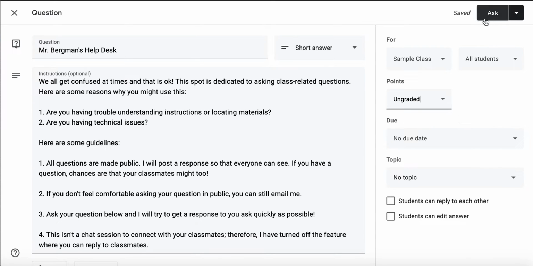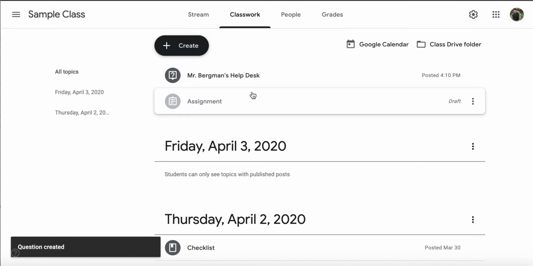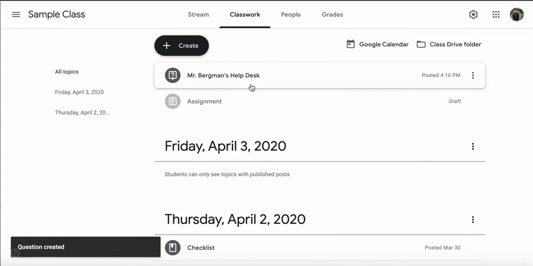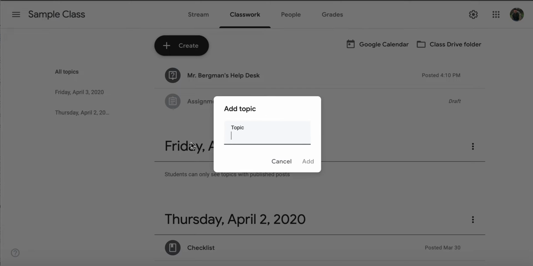And so what I'll do is I'm going to go ahead and hit ask. And so it's going to ask this question. It's right up here. Now that might be difficult for some students to see, so I would recommend possibly creating what is called a topic. It's sort of like a label, and